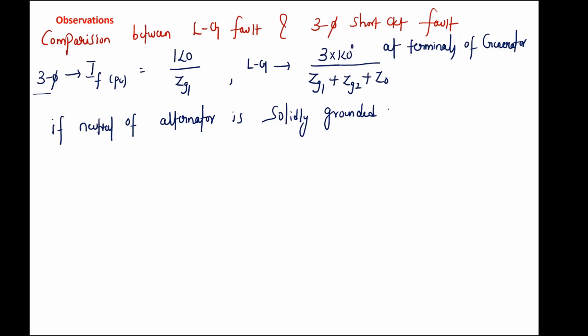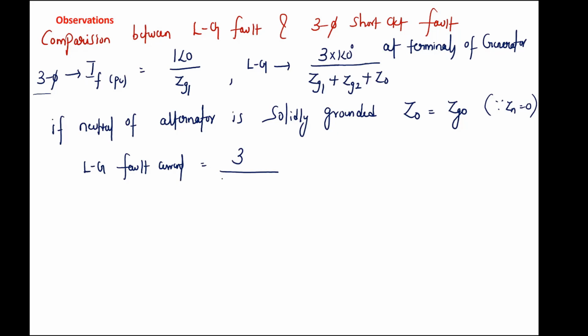If the neutral of the alternator is solidly grounded, that means your Z0 value will become how much? Zg0. Why? Because your Zn is 0. So in this case, what happens? The LG fault current will become